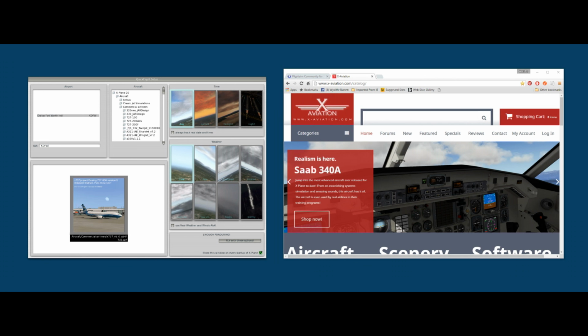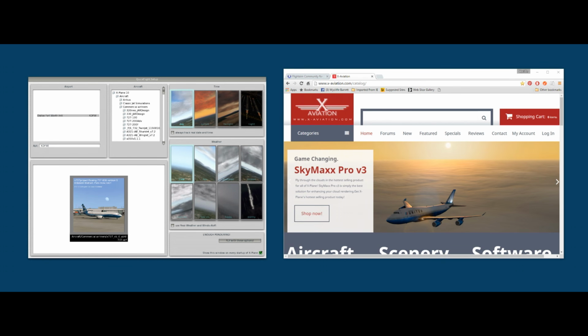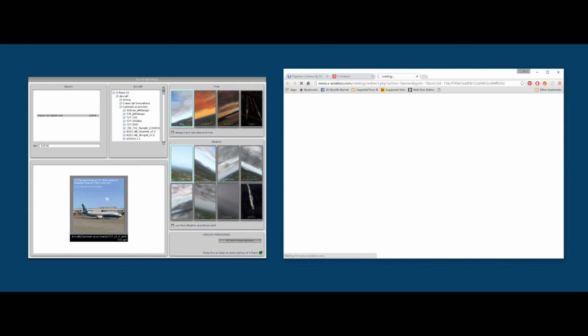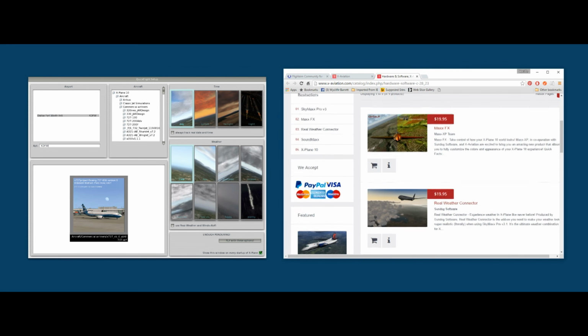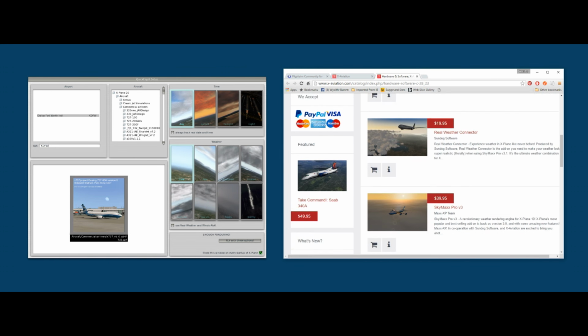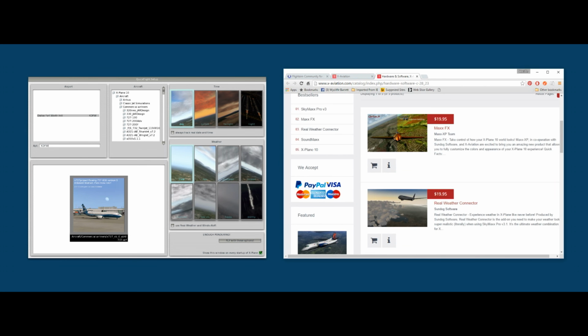Where do you get it from? You get it from Xaviation, www.xaviation.com. I've got the website up here on the page, as you can see. Go to software, I think. Yes, software, and then you've got mAXX, Real Weather Connector, SkyMaxX Pro version 3. As I say, if you've already got SkyMaxX Pro version 3.1, what you do is you get the Real Weather Connector with a 25% discount, but you also have to download SkyMaxX Pro version